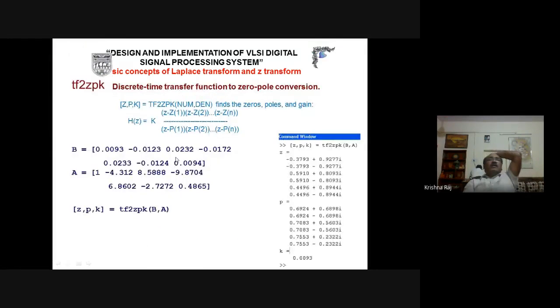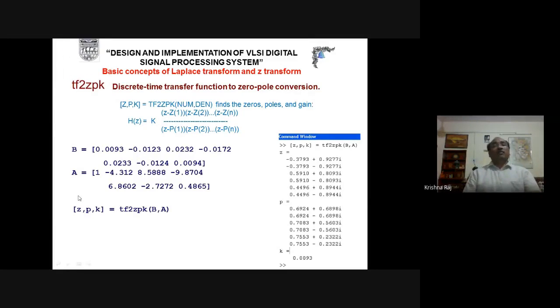Again, if we are interested in transferring the transfer function into the ZPK, ZPK: Z means zeros, P means poles, and K means constant. When we write any transfer function, it must be written in such a form. What is the DC gain? What are the location and position of the zeros? And what are the location and position of the poles? So that we can analyze and we can design our concept.